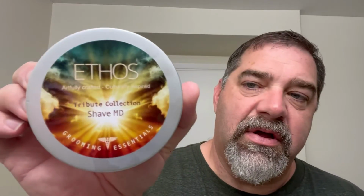So this is the main thing about this shave. Ethos came out with a tribute soap to Shave MD, who goes by Shave MD Mark in the shaving world. Unfortunately, he was an anesthesiologist who passed away due to COVID and underlying conditions. The owner of Ethos